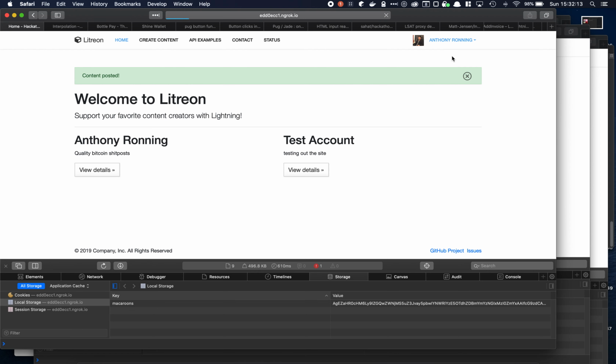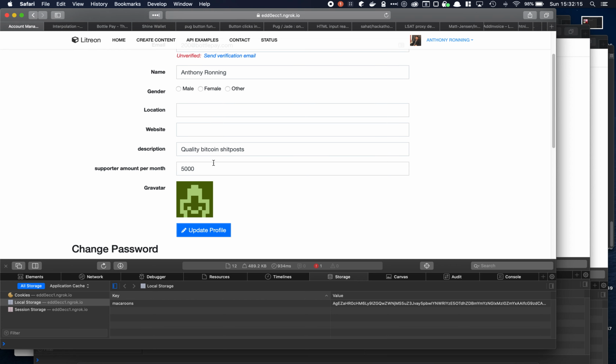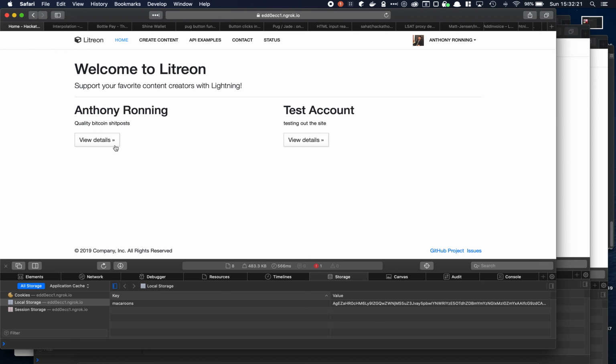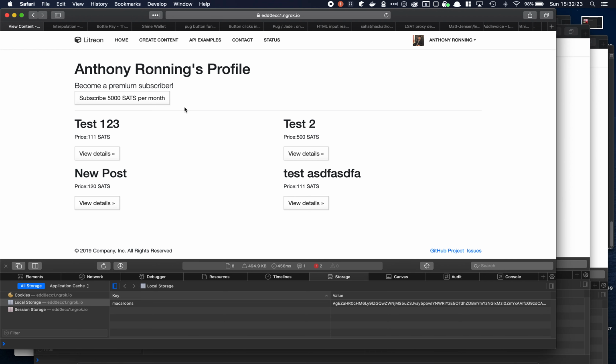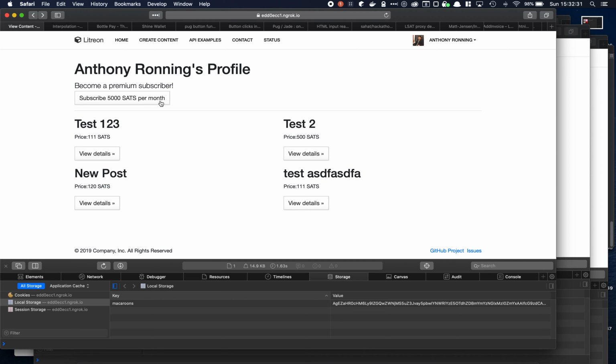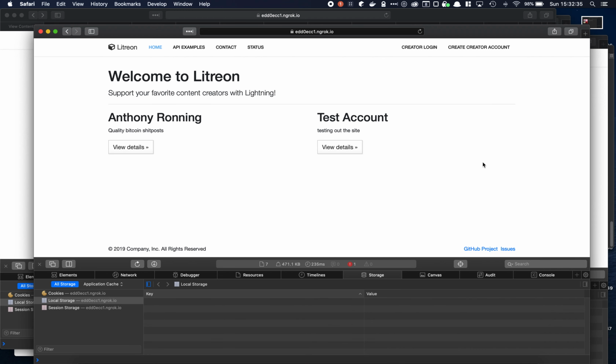I can go through my account and set how much it is to be a supporter per month. And if I go to my page here, if I wanted to see an individual post, I can go through and view the details of that, or I can subscribe to myself and get access to all the posts. So I'm going to jump over here to a user that's not logged in at all,